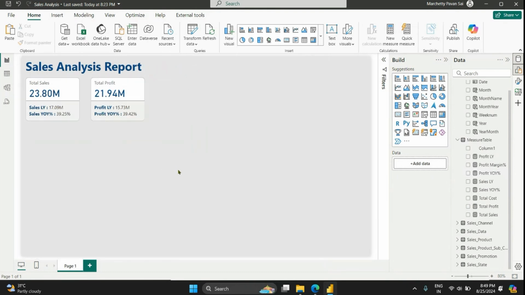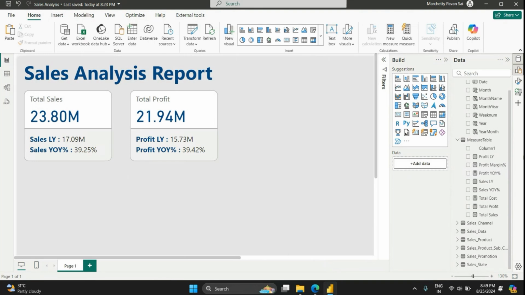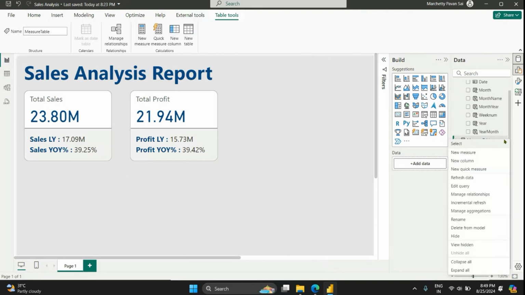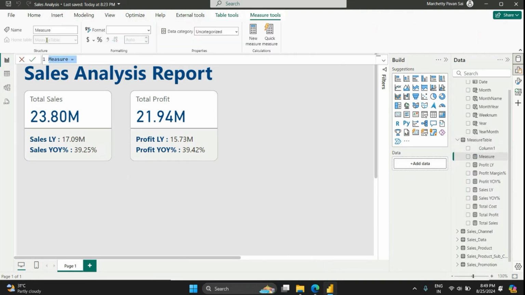So here, let us create some icon using measure. I can just create a new measure. Here, we shall try to bring some icon. So what I'll do is I'll write sales icon. It is equal to, I'll create a variable. Suppose if I want positive icon, I can write positive icon,